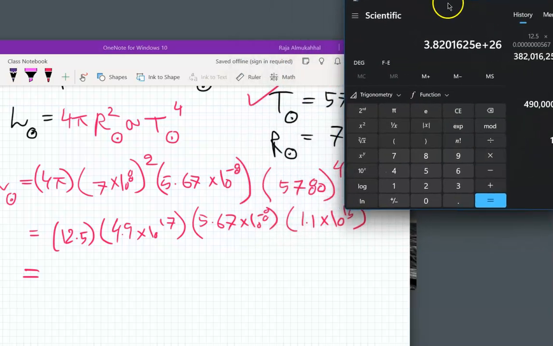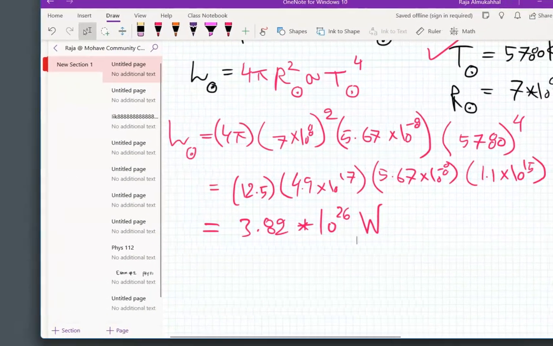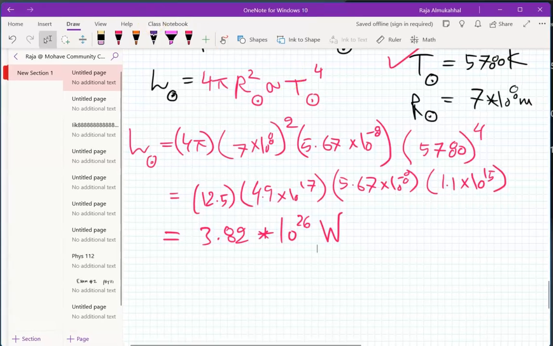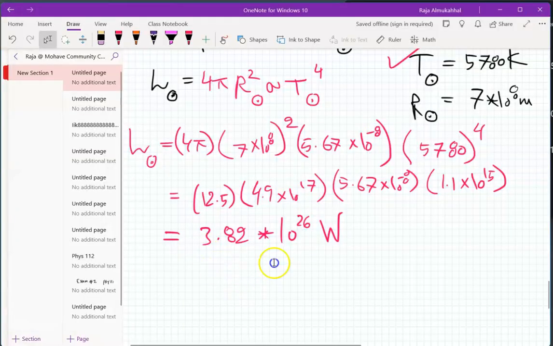That's a really nice number, isn't it? Pretty accurate number. So we have here 3.82 times 10 to the 26 watts. Okay, and the actual answer, if you look at the formula sheet again, the luminosity of the sun is 3.826 times 10 to the 26, and this is pretty darn accurate. Okay, pretty decent. So as you can see, this is a really cool formula that we can use to calculate